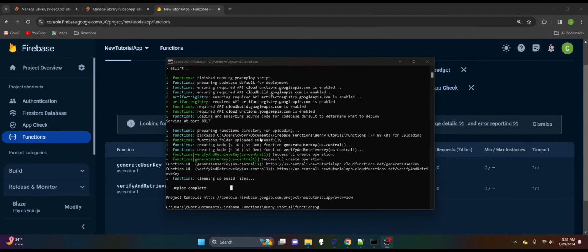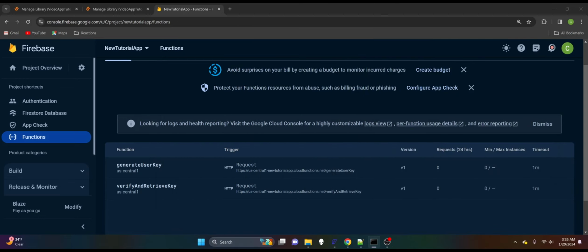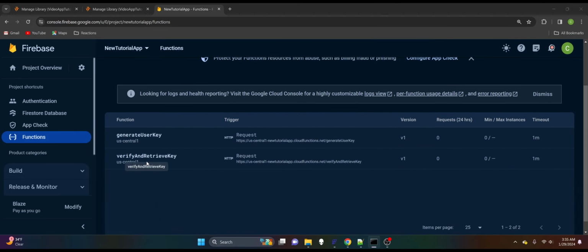Okay, so it's done now, so it's complete. So scoop that out of the way. You can see we've got our two functions here. Got the generate user key function and then the verify and retrieve key function. So got both of those, so that's good to go. All right,